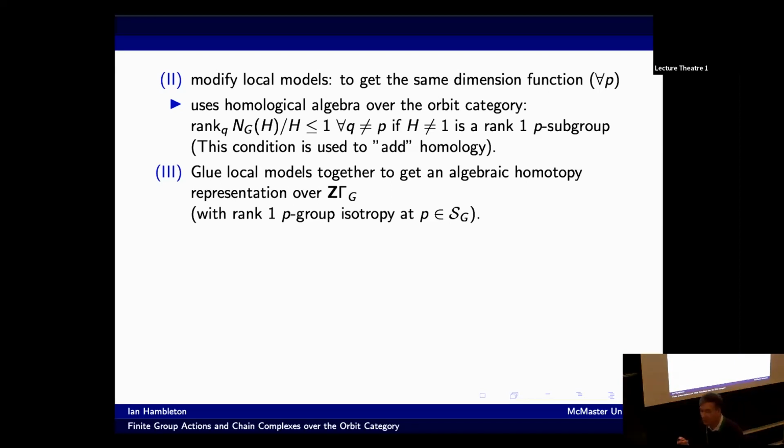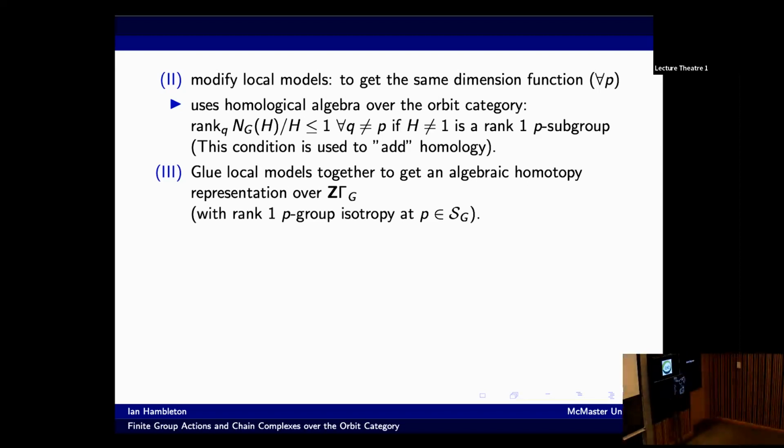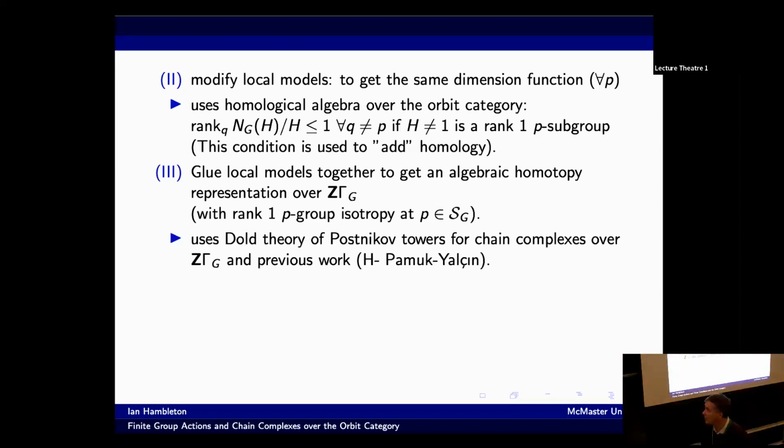The local models have the same dimension function, and they have rank 1 P-group isotropy at the various P's in S of G. So there could be a bunch of primes where the rank is 2, and you have rank 1 isotropy at those primes. Okay, so the way we build this, the ZG thing,